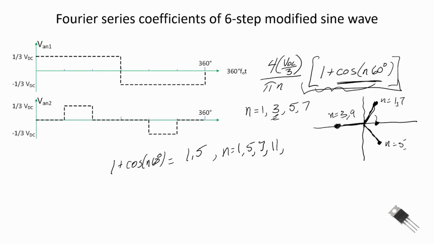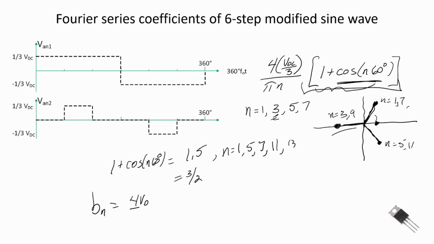Let's see, 1, 5, 7, 11, 13. So everything that is not a factor of 3, 9, 15, and such is equal to 1, 5, or that's equal to 3/2. Putting that back into the equation, we find now that our B sub n for the modified sine wave is equal to